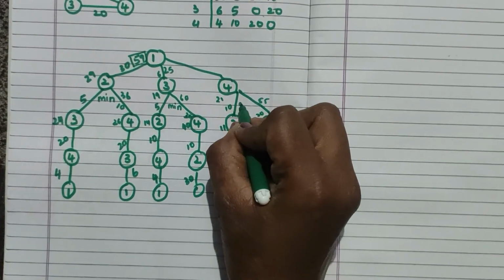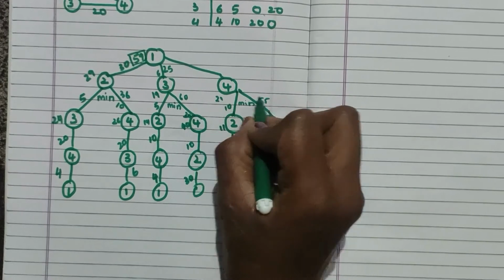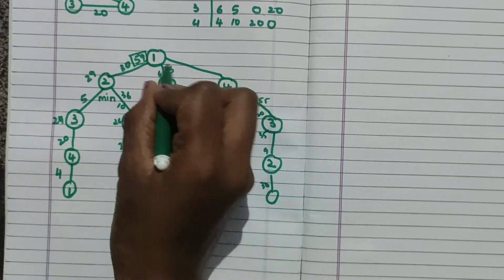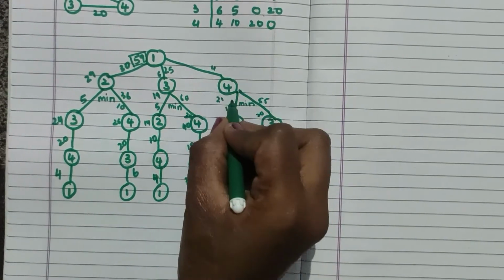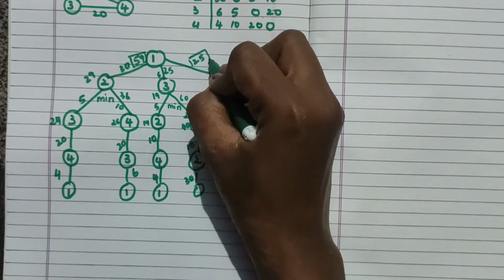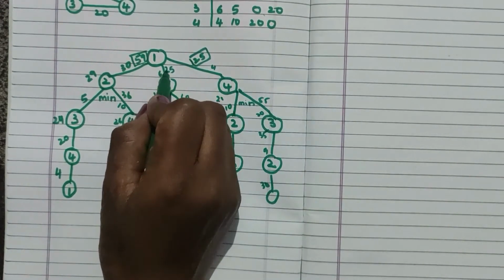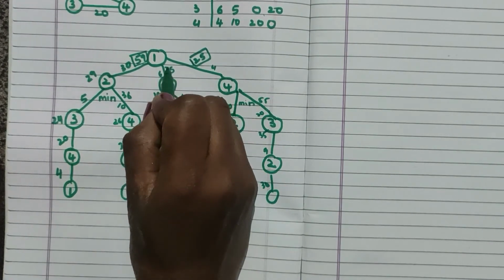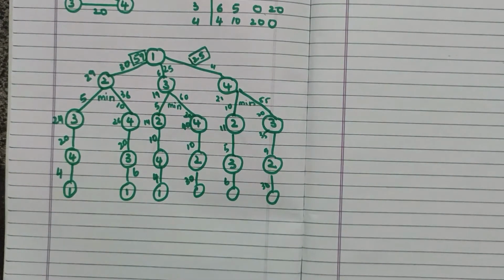And then what you have to do, you need to find the minimum value between this. So that is 21. Now 1 to 4, the value is 4. Now add on 21 with 4, you get 25. So now you got the three final values. So here 25 and here 25. So this means that you have possibilities of two ways to reach the destination or to the starting node.